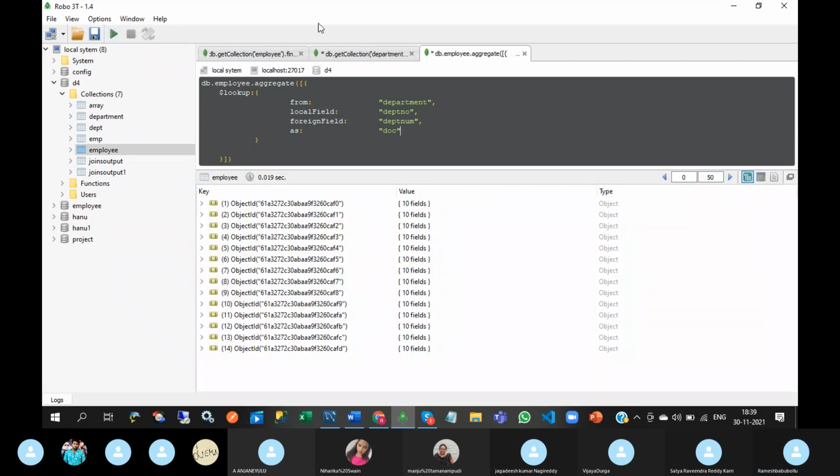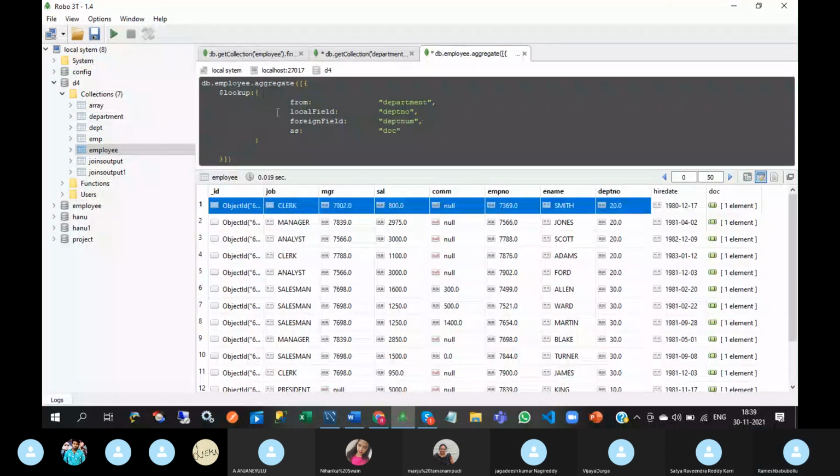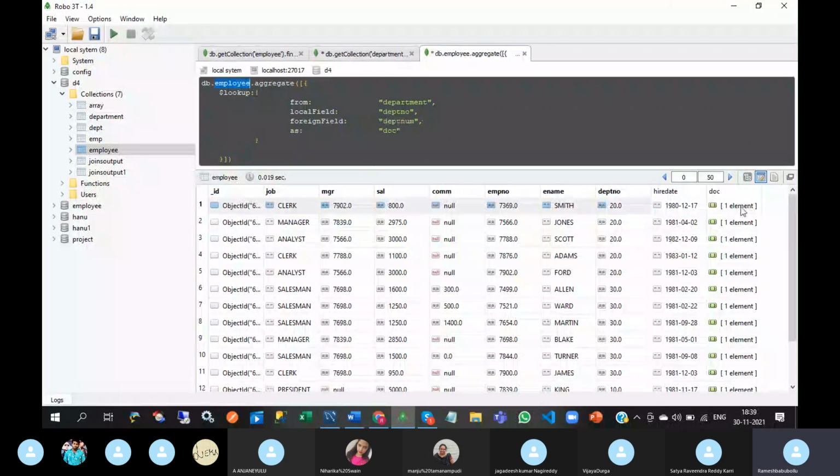Execute it. See this. Here you are getting all the details from the employee collection and all the details from the department collection. That array is known as document, whatever name you have given here.